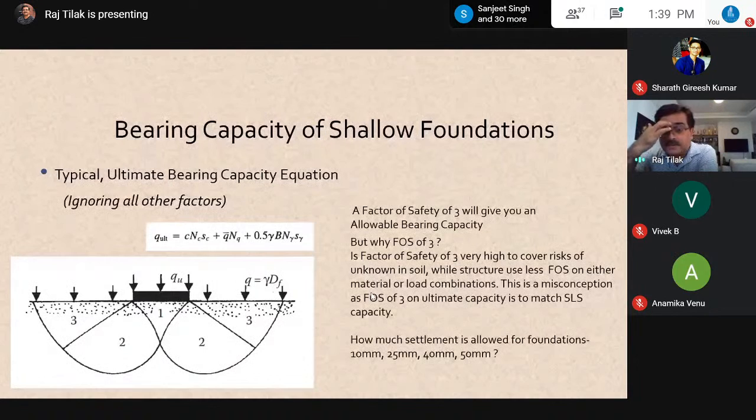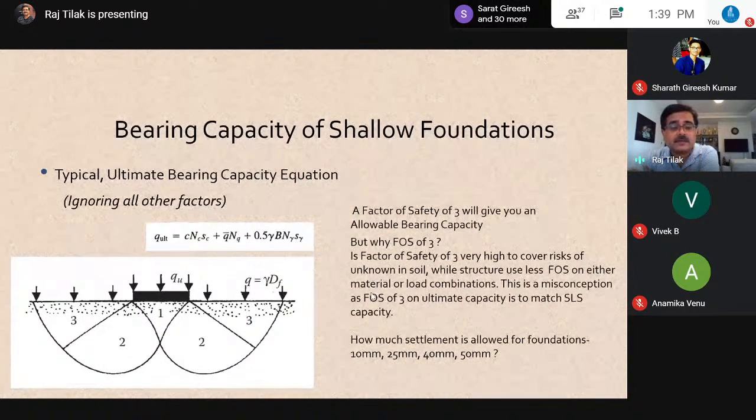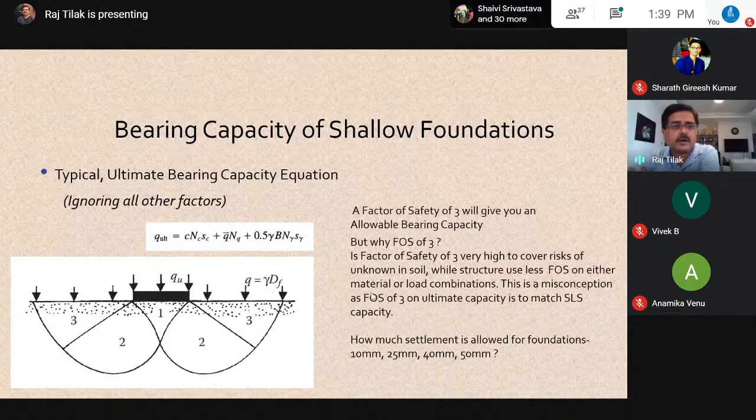Now I'll just touch upon the very basics of it. I don't think I'll cover everything, but at least for the bearing capacity of shallow foundations, probably you are already aware by now that this is your standard equation. Ignore all the factors for inclination and other factors. But this is the basic equation that you have. You may have other forms as well, but in this, if you look at it,